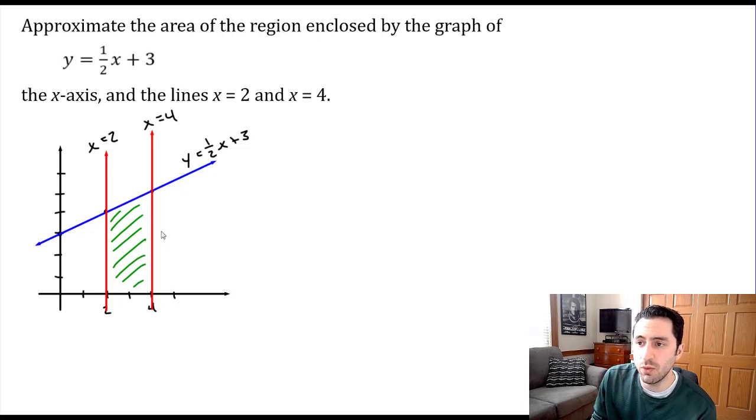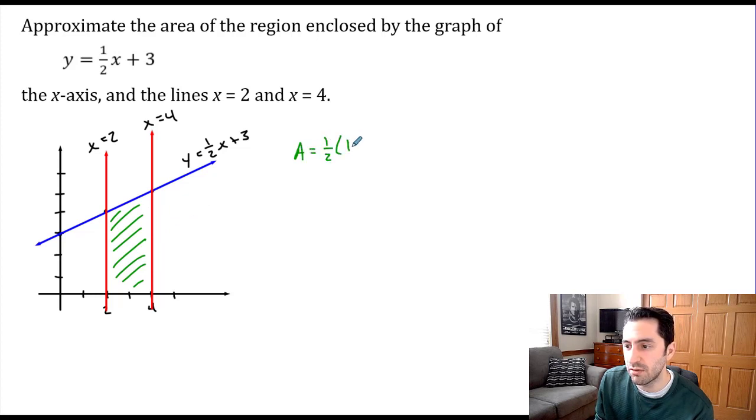So we do have a way to find the area of a trapezoid. The formula for the area of a trapezoid is 1/2 times (base 1 plus base 2) times the height of the trapezoid. So in this case, we can find the exact area by using a formula. And why don't we do that, so as we start to build our calculus process,